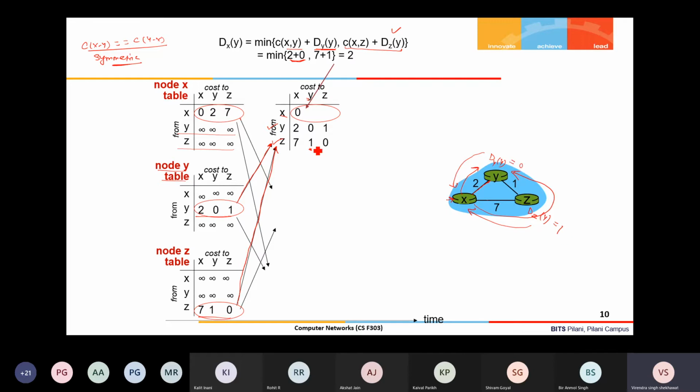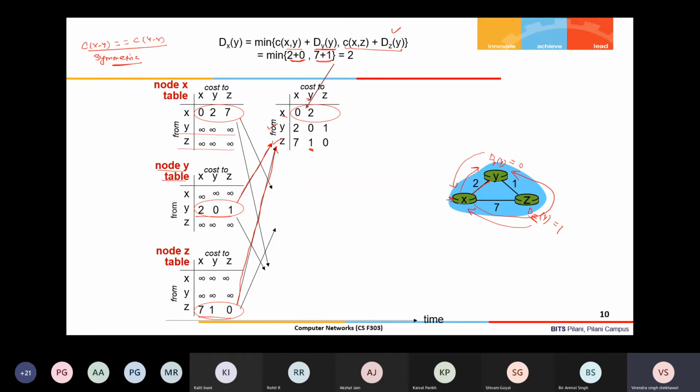D_Y(Y) was 0. So Z is sending, then X will compute that my cost to Z is 7, and Z is telling me that its cost to Y is 1, which it sends via this distance vector D_Z(Y). So 7 plus 1 comes out to 8, right? Now which is the minimum? 2 is the minimum, so that's why it will put 2 as the final cost at this moment.